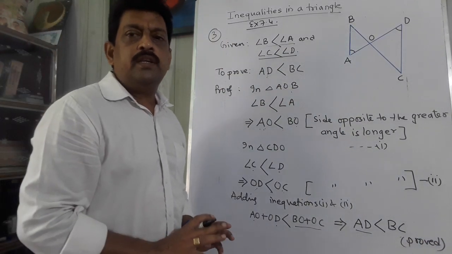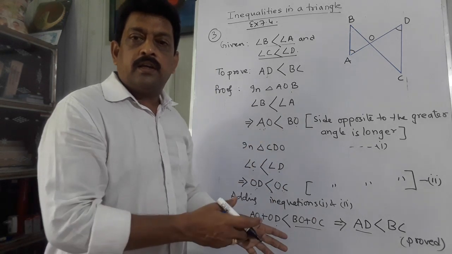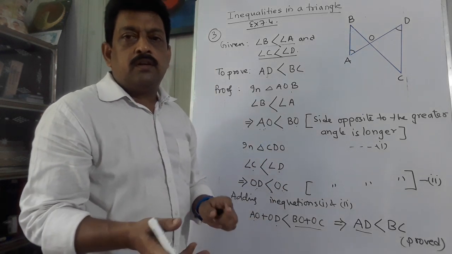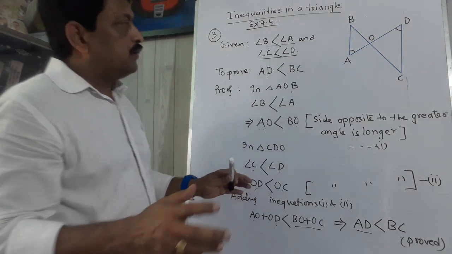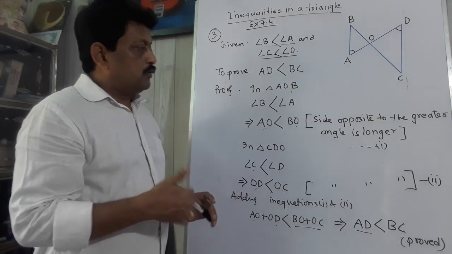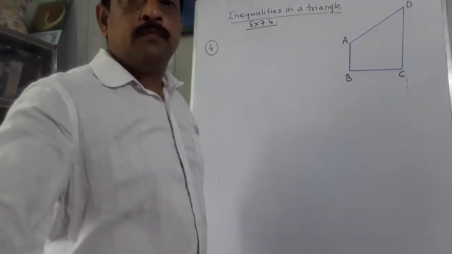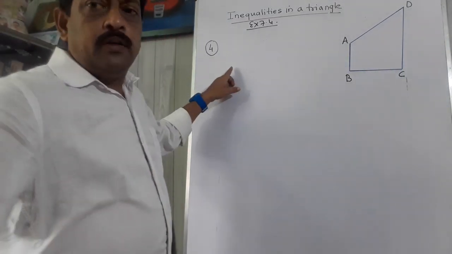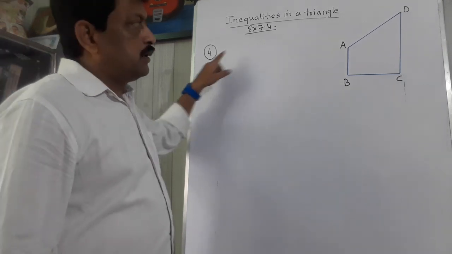This is also a very easy sum, but it is very important. You can see this in the exam paper. Every year or alternate year, this type of question is there. I think there will be no problem in solving this type of sum. Okay, so let us do one more sum that is also very, very important. This question is also from NCERT exercise 7.4, question number 4.